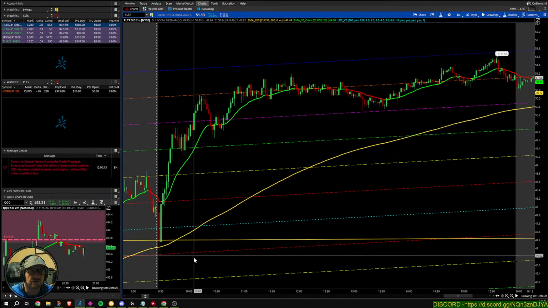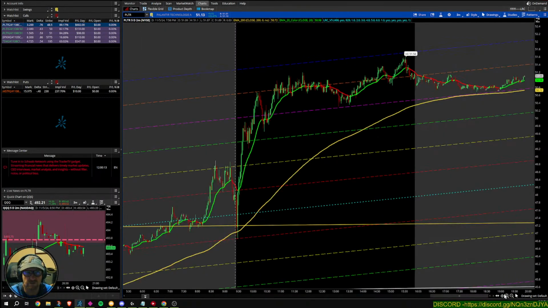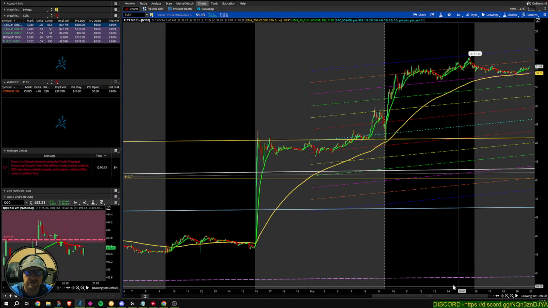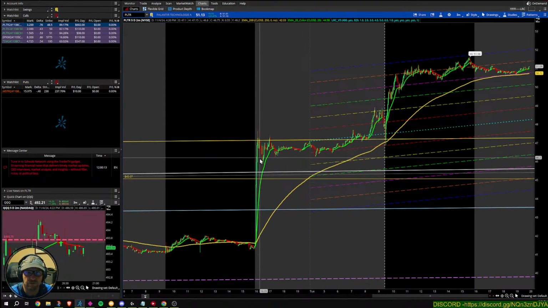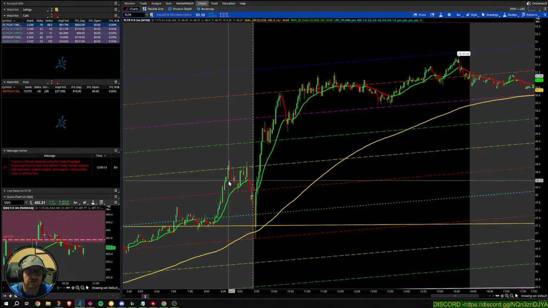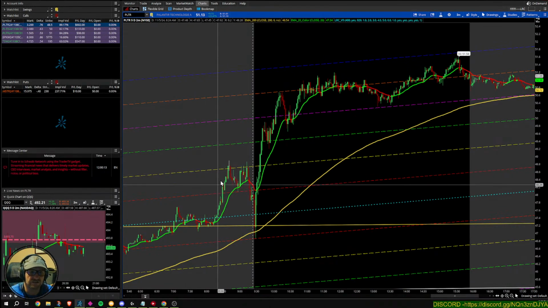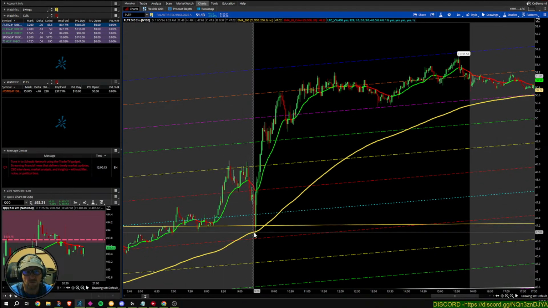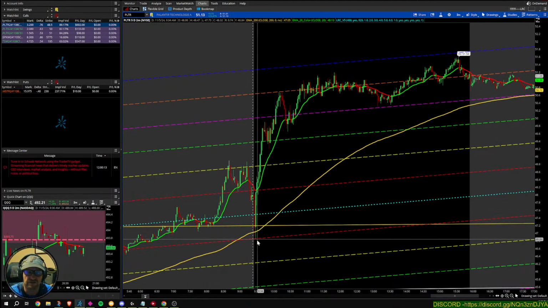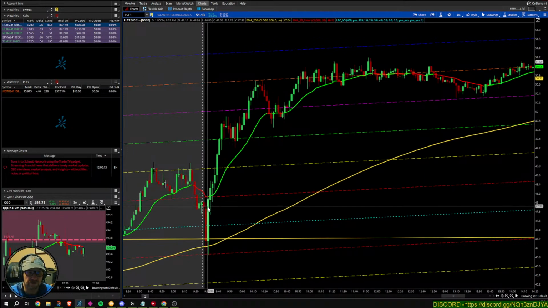So today I noticed that PLTR was looking pretty strong. I was watching it some in pre-market. I know it had earnings come in, and it had a big push up here. Sometimes you're not sure what's going to happen after earnings. Sometimes it'll want to go down and fill the gap. So I was a little hesitant until I saw this happen. We had this push up, we had a red candle push down, and then this green candle came right off of my red LRC. When I see that, it gets me excited. So I entered on this candle.